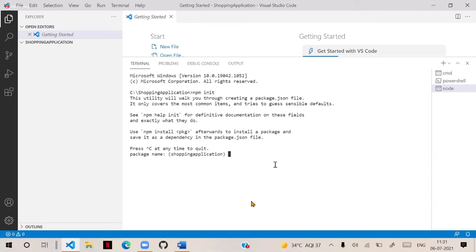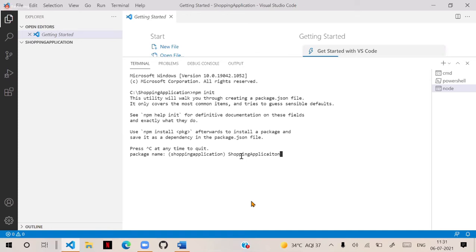And see in the brackets, by default, it is showing some name. You can type some name here. Suppose, you can give some name, shopping application.